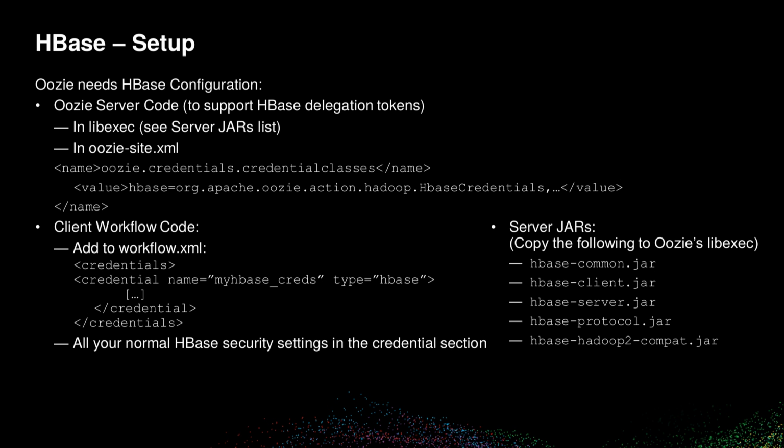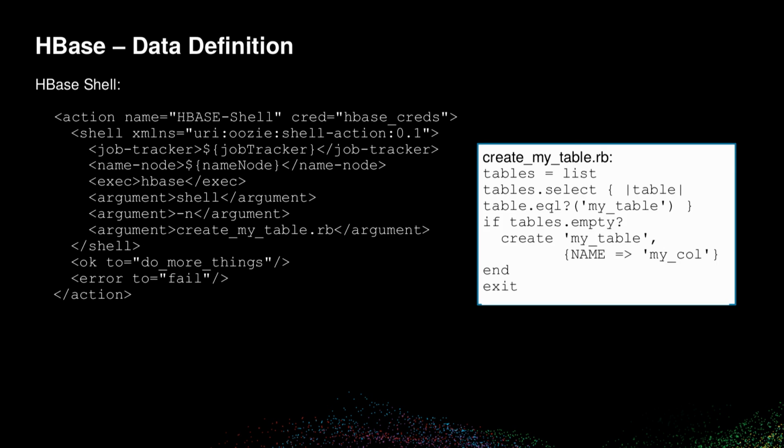You've got a credentials tag in XML, and then a credential tag for this particular credential. And then you just set your normal security settings, such as what the Zookeeper quorum is, that it is Kerberos and not some other custom class. Everything you would have in a normal HBase site for a client. And with that, you're good to go. And now you can actually run a workflow against HBase. So just to step back, that's how you'd have it in a secure cluster. You would put your credentials section in your workflow, and then you'd have your action.